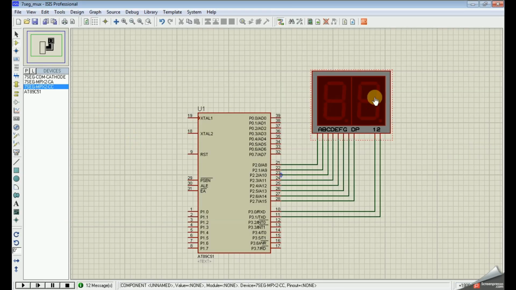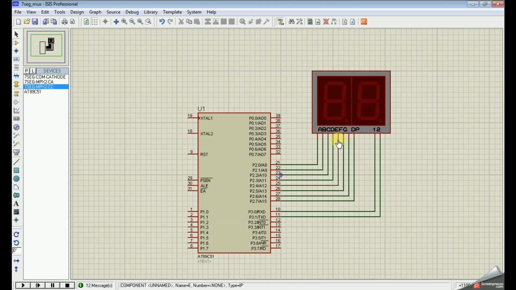There are two 7 segment displays. All the segment terminals are connected in parallel. Here there are two displays. Display 1's A and display 2's A are both connected in parallel, and the B terminal of this segment is connected in parallel to the B terminal of that segment. There is only one B line here that is connected to this one as well as this one. Similarly for A to G, all are connected in parallel.